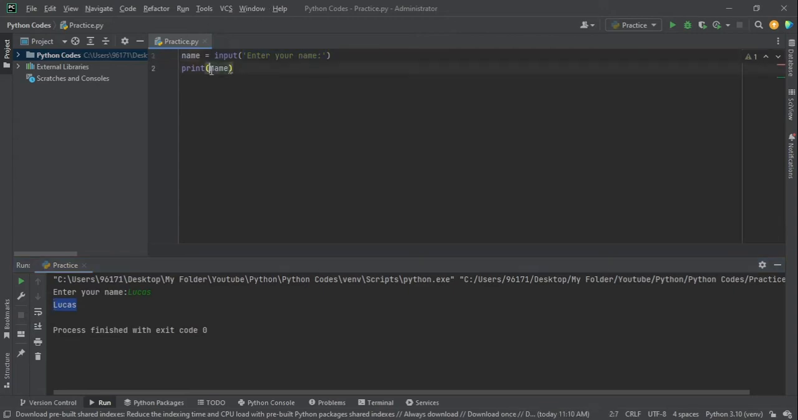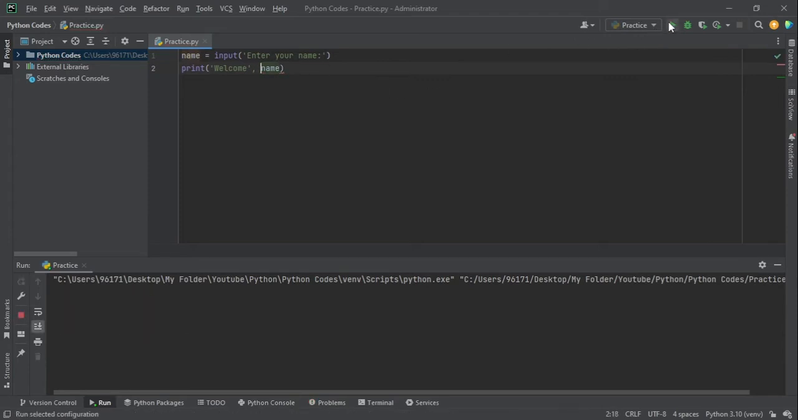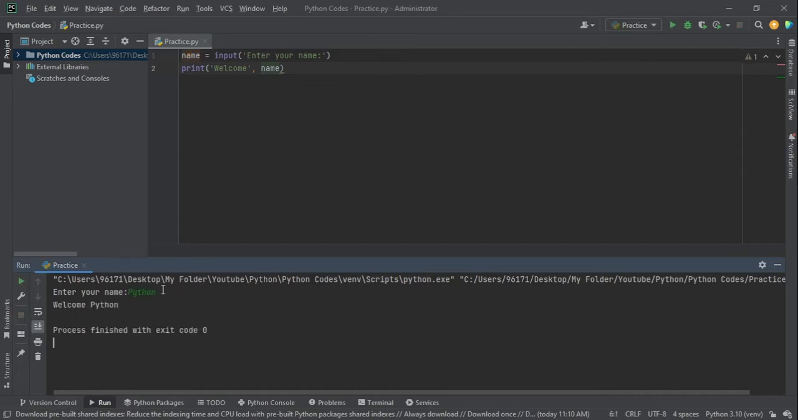Let me change this to be more interactive: Welcome, name. Welcome Python. So the way I do that is by using two arguments for print. Print is the way to print to the console, and if you use a comma between two entities, it will add a space